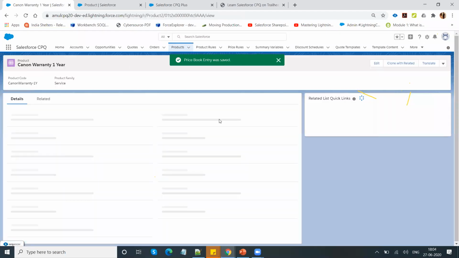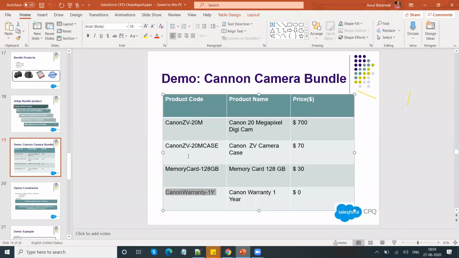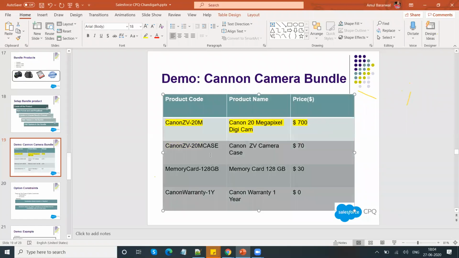Okay. Now what I did so far, I have created all my 4 products: Canon 20 megapixel, Canon ZV camera case, memory card, and Canon warranty. What I have to do, I'll have to mark this product as a bundle product in my system, right? So that if I'm picking up this Canon camera, the Canon camera case, memory card, and 1 year warranty will be automatically included. So in order to define this product as a bundle, I will